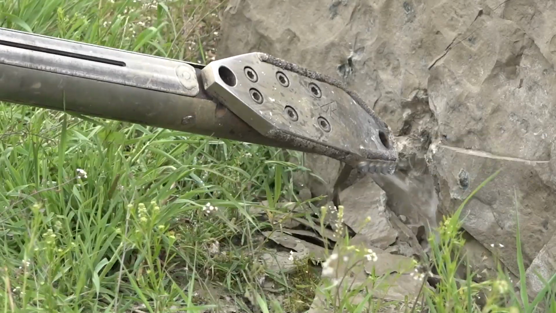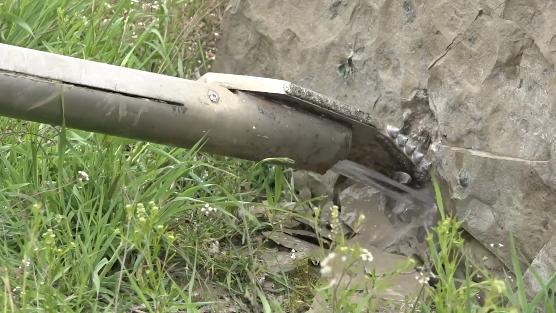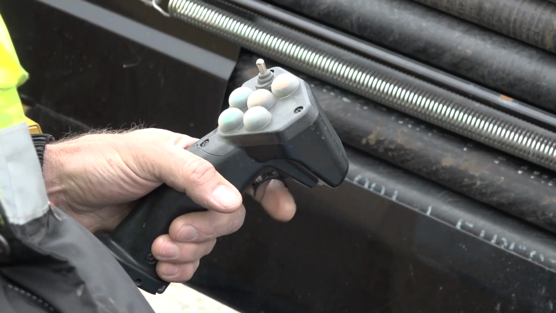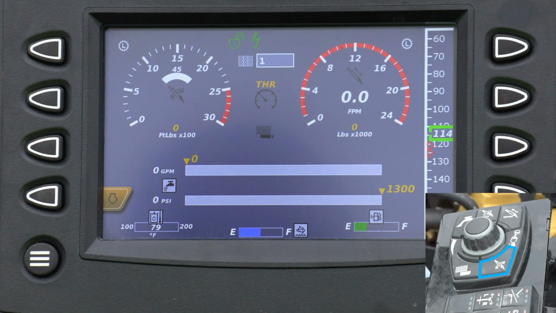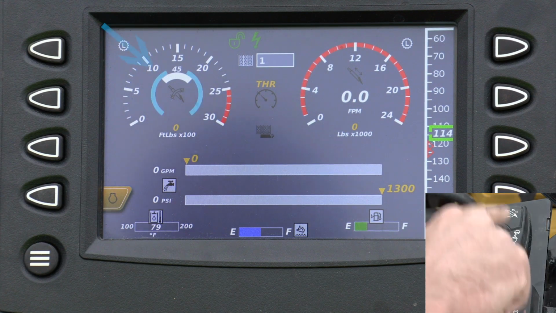The operator sets and adjusts the rotation duration and rotation direction. Let's start with how to set up auto steer. Press the left joystick trigger up to initiate auto steer. In carve steer, you can also adjust the degree of arc. To adjust it, press the auto steer select button.